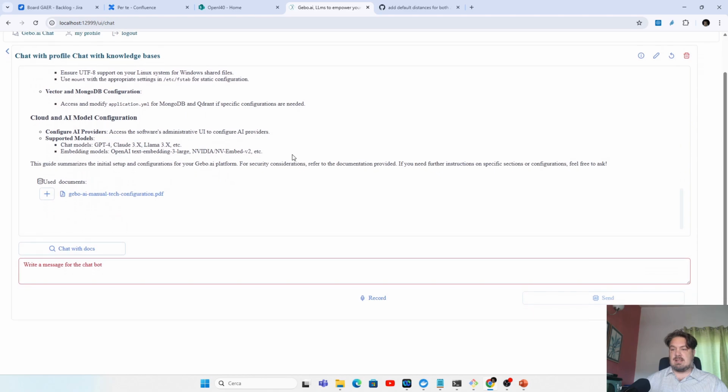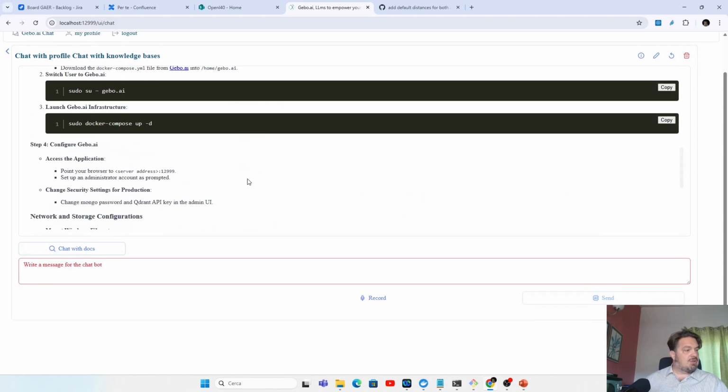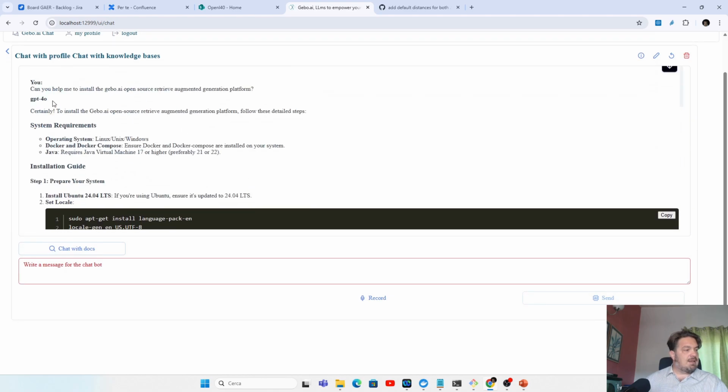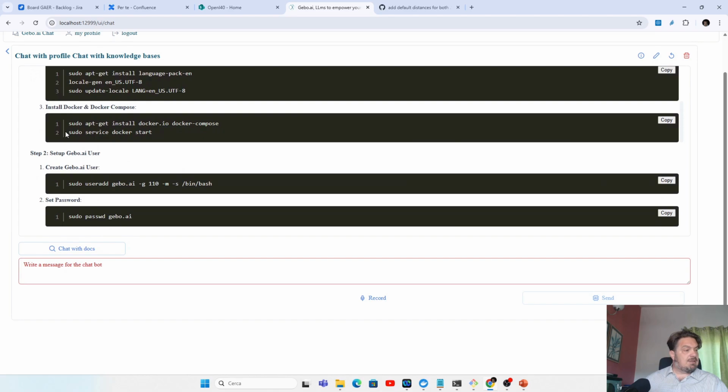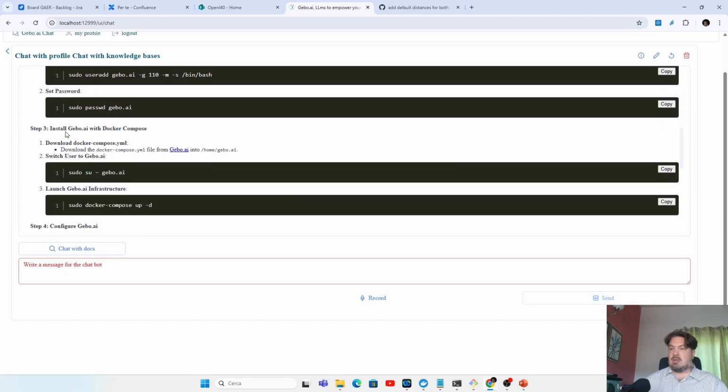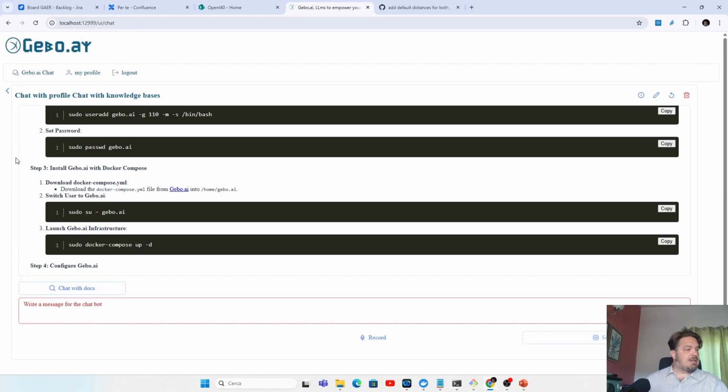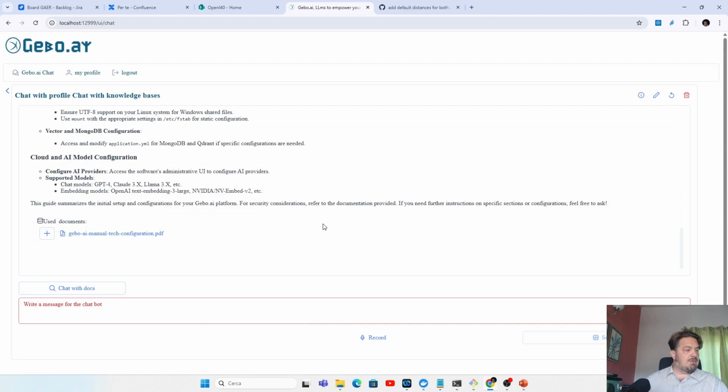So with this screen, as you can see, I've chatted to help me install the Gebo.ai platform. The Gebo.ai platform has found that in the documents there is something related, the Gebo.ai manual touch configuration.